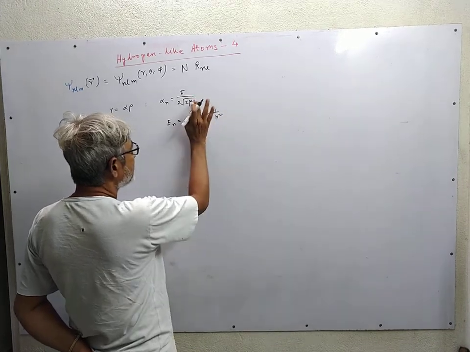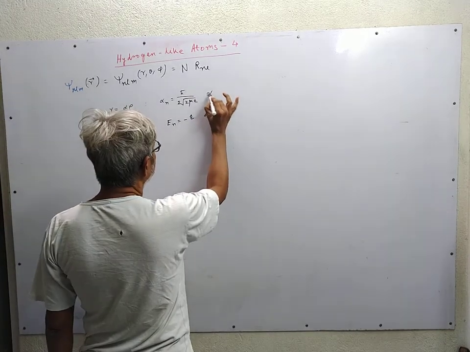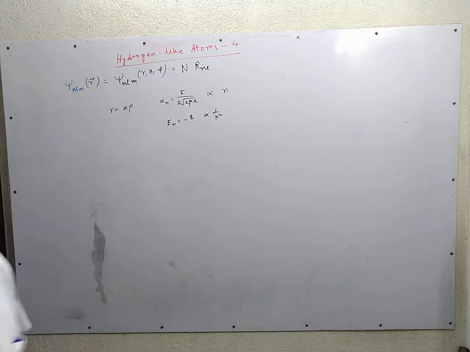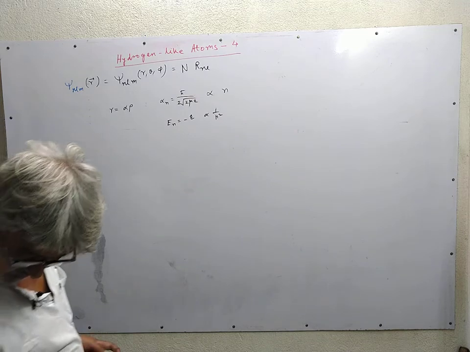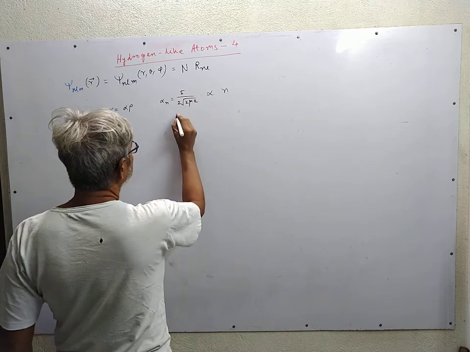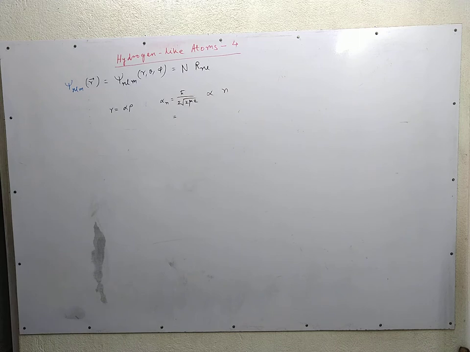Epsilon n is given in terms of the radius and other things as